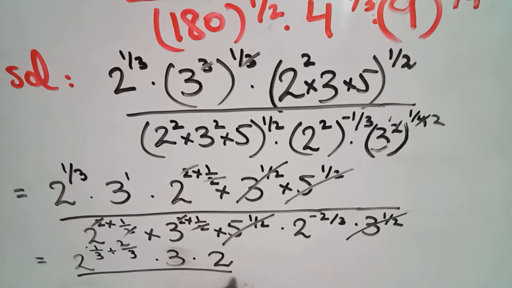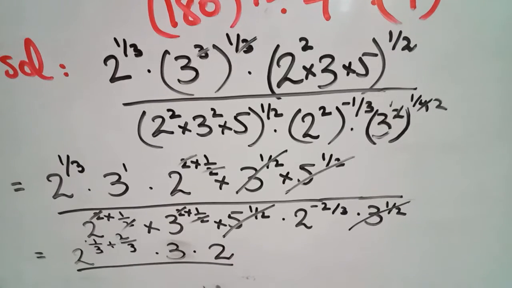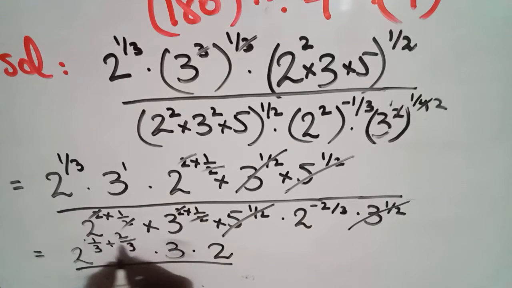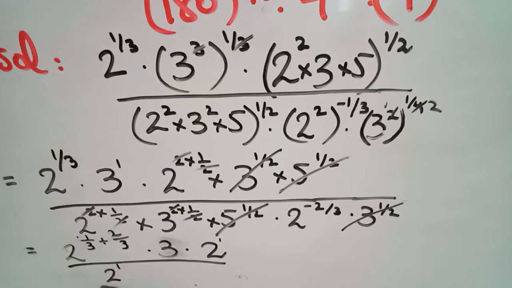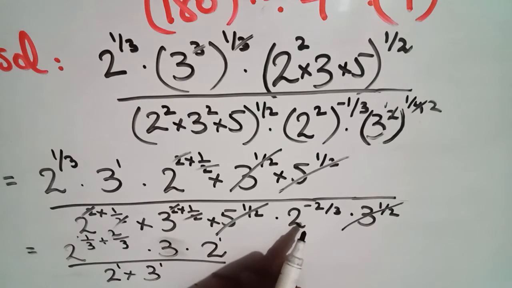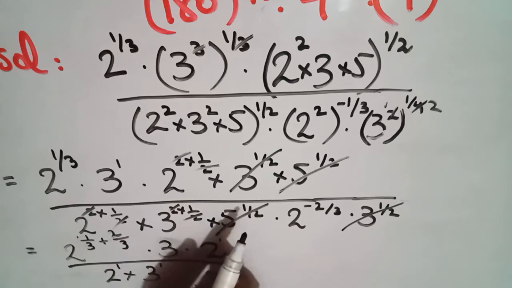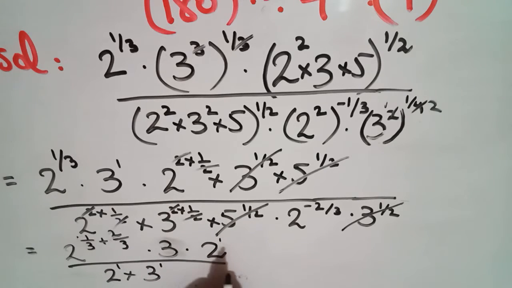Okay, your remaining numbers, and in the denominator there is 2 raised to power 1. You can simply write it as 2, or if you want, you can write it easily. It is up to you. 2 raised to power 1 and 3 raised to power 1, and all of it you have simplified in your last step. So here you can cut this 1 with this 1 and this 3 with this one.